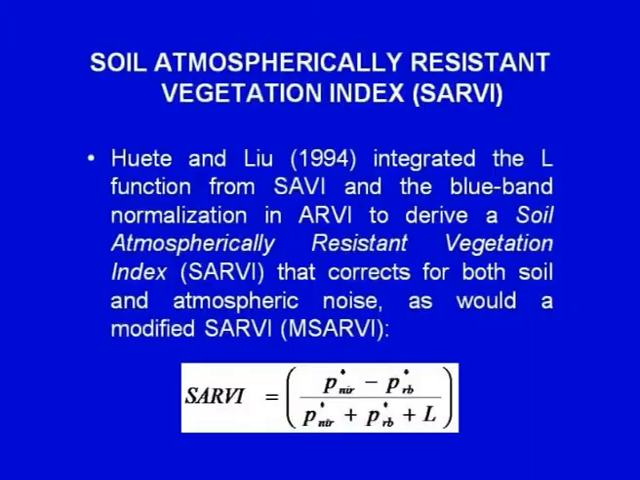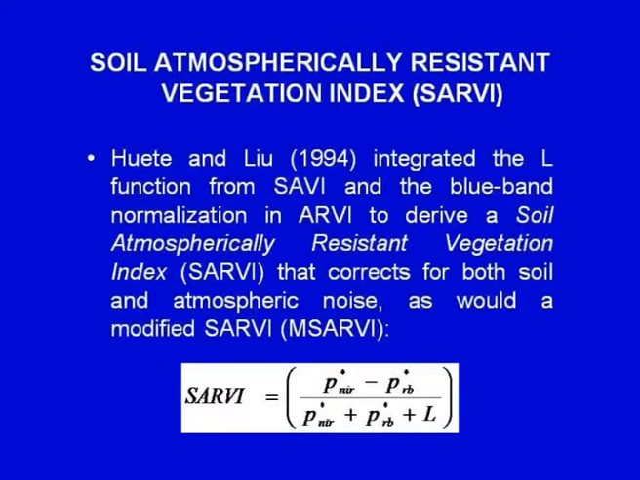The next index is an improvement over ARVI. In ARVI, we have considered the atmospheric effects. However, we have not taken into consideration the soil. Hence, Huete and Liu in 1994 integrated the L function from SAVI and the blue band normalization in ARVI to derive a soil atmospherically resistant vegetation index, in short SARVI,